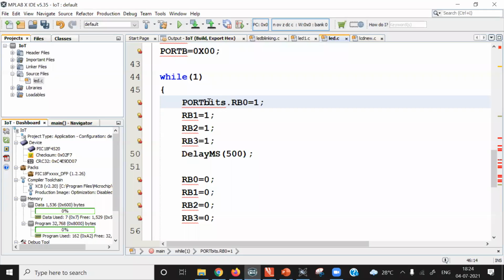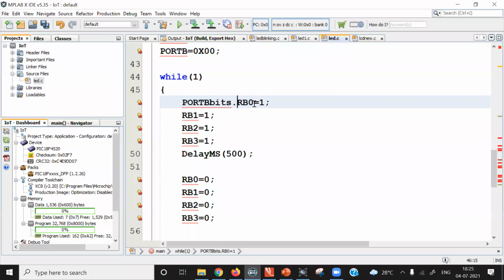This is another way to modify individual bits of any port or individual bits of any SFR. The name of the SFR is here PORTB, and these bits must be written in lowercase, dot individual field name of the SFR, that is RB0.